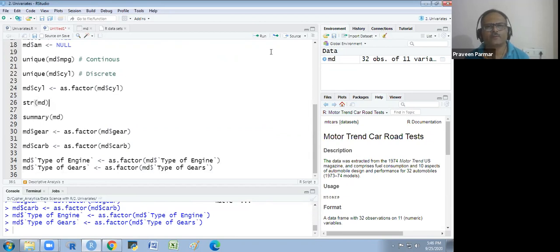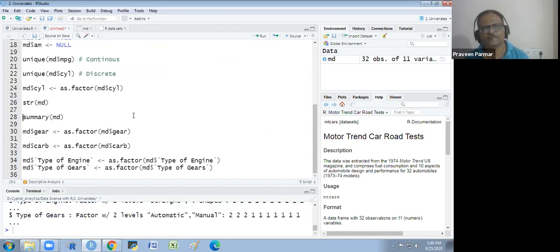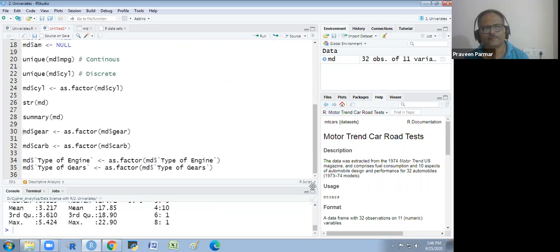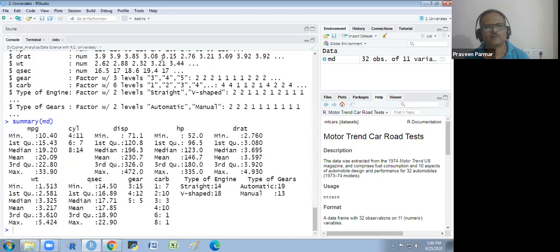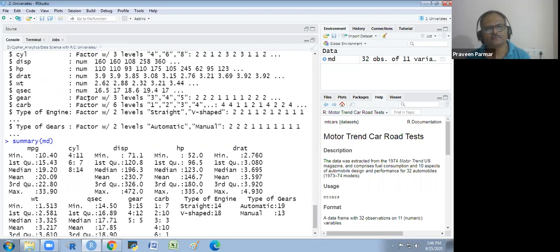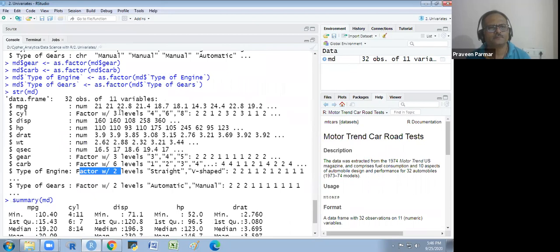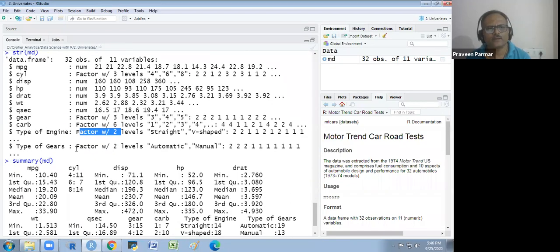Now we see the summary. You see, these are all factors now. The type of engine is factor, and type of gear is also factor now, which were previously character. And the carburetor and the number of gears are here.